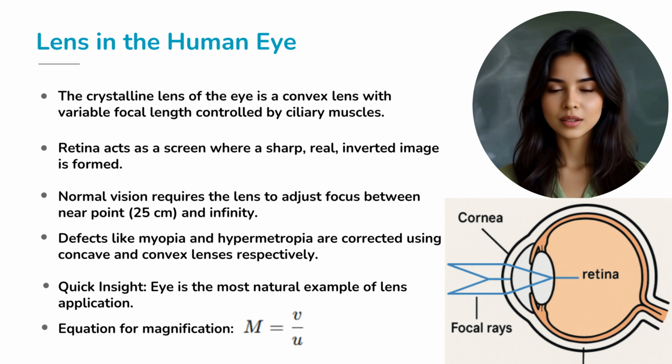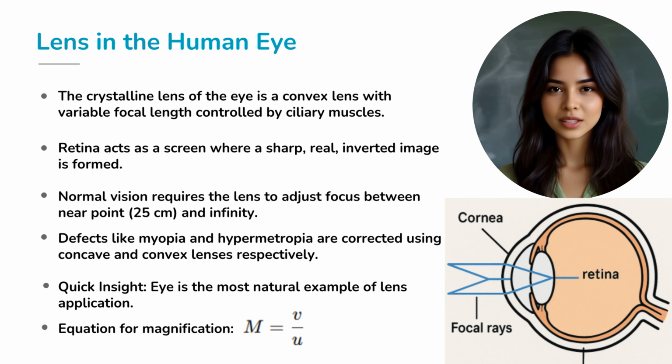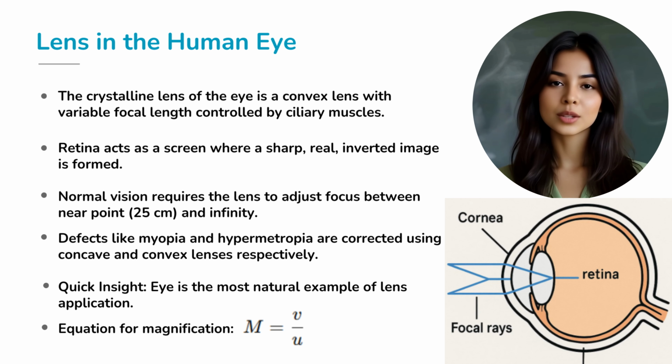For normal vision, your eye constantly shifts focus between near objects, like when reading, and distant objects, like watching a sunset, by adjusting the lens shape. Not everyone has perfect vision though. For people with myopia, nearsightedness, the focus point falls in front of the retina, and concave lenses are used to correct it. In contrast, for hypermetropia, farsightedness, the focus point falls behind the retina, and convex lenses are used for